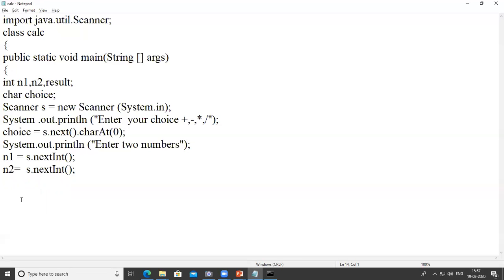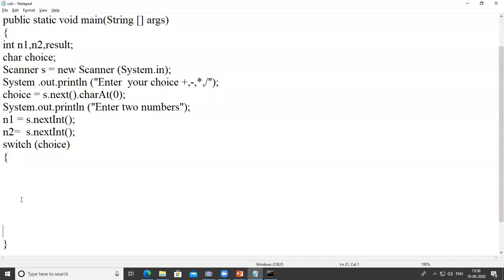Then we use the switch case statement. So switch, here we pass the choice variable, and then we write the case. The first case is the addition case. In single quotes I give the addition symbol and then a colon.